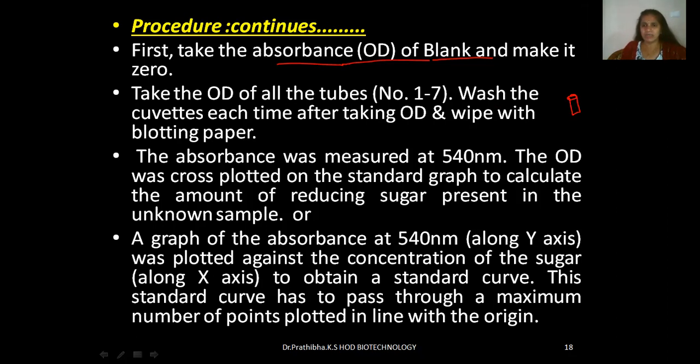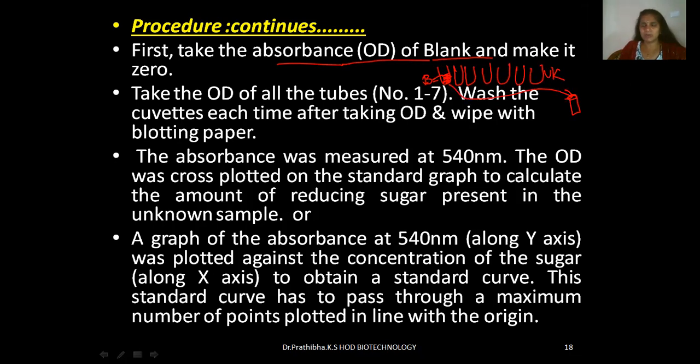Once you wash thoroughly, we have actually 7 test tubes, right? Third one, fourth one, fifth one, sixth one, and this is the 7th one. The first one we had written as the blank, and the last one we had written as unknown, right? Blank has no glucose. That's why it's mentioned as blank. So this sample you are going to pour into the cuvette.